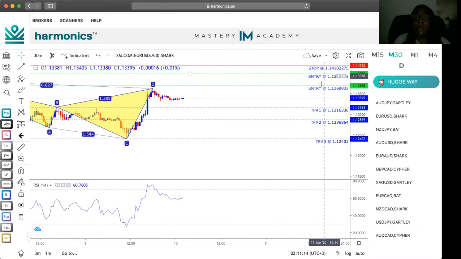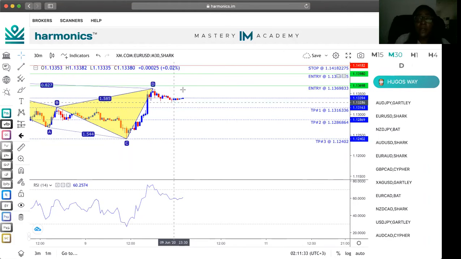And right here we have two, some of them give us one. And this right here is telling us that this is a sell. And how you know that it's a sell, because your take profit areas like 1, 2, and 3, they're going down. So you'll know your entry point will be here. Once the market reaches this line and it starts to drop back down, you'll notice when to enter